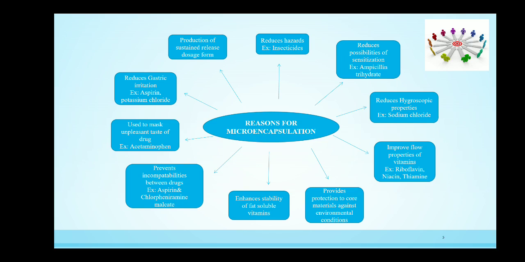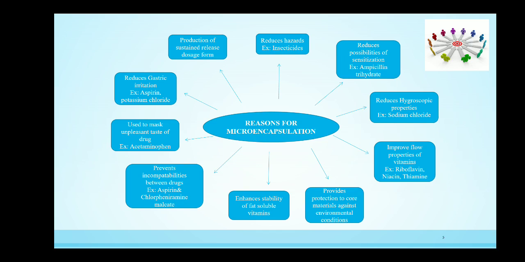Example, thiamine hydrochloride, riboflavin, niacin with iron phosphate for the preparation of tablet. Next, it provides protection to the core material against the environmental condition. Next, it enhances the stability of a fat soluble vitamin, and also it prevents the incompatibility between the drugs. That is, it is one of the effective means to separate incompatibility between pharmaceuticals and thus help in providing